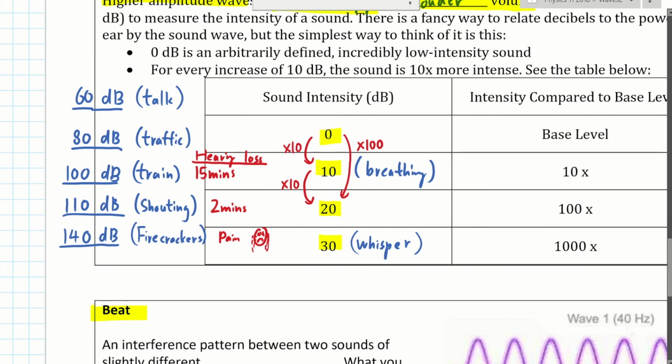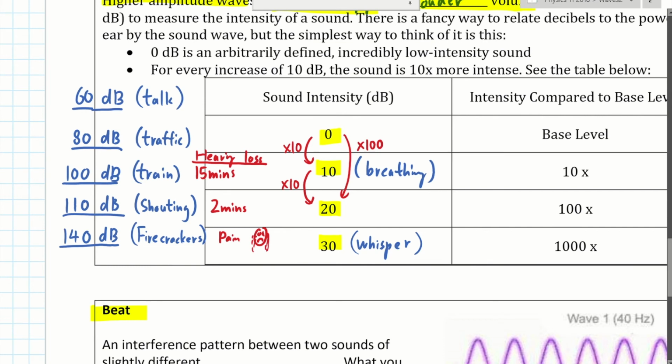That's why conductors who control the trains and who work at the train station sometimes have to wear proper ear protection. Shouting to each other, approximately 110 decibel, causes some permanent hearing loss. Some percentage of it, of course. You're not going to lose all your hearing at once, but you will suffer some level of hearing loss after 2 minutes. And 140 decibel is when someone has firecrackers or an explosion next to you, and that will cause immediate hearing loss with a lot of pain.